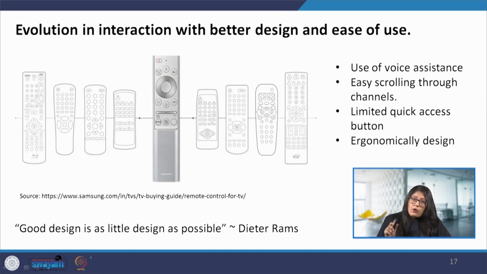However, very little thought was given to how the buttons are organized, what color has been given to them, and how close or at what distance they are placed from each other. That was also getting refined slowly alongside, and then we came to radio frequency remote controls. Now, they were even better in their performance.